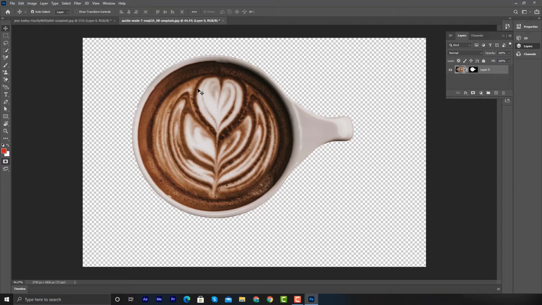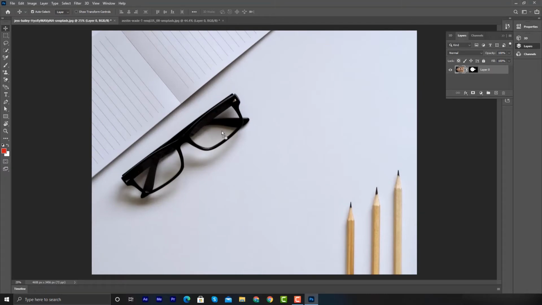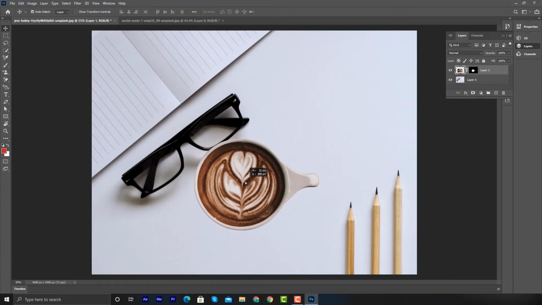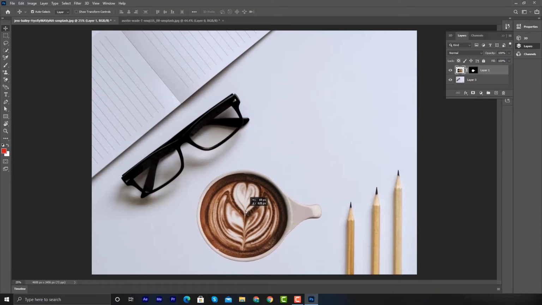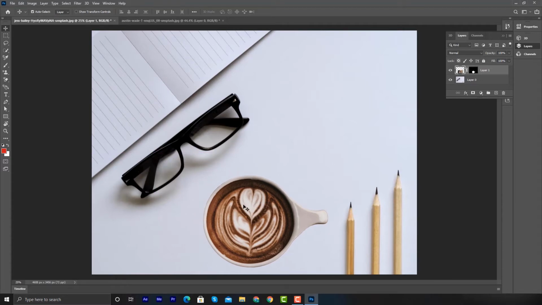Okay, let's get back to the business. First of all, you need to select your move tool, which is this one, and then drag and drop your image to your background, which is this one, like this, and then place it in the right place that you think makes it kind of real. I don't want it to be here, and it's kind of too big,